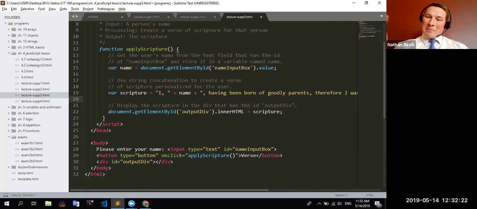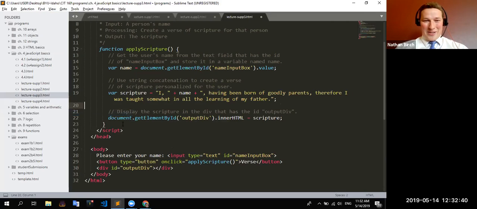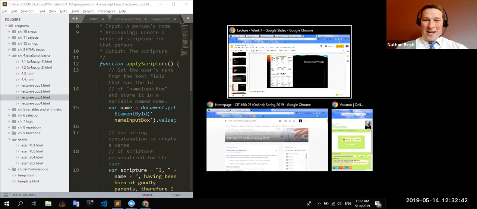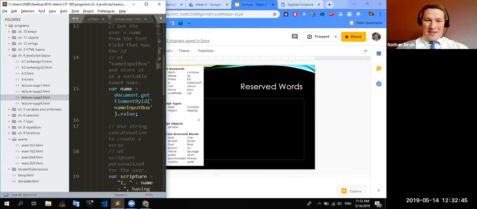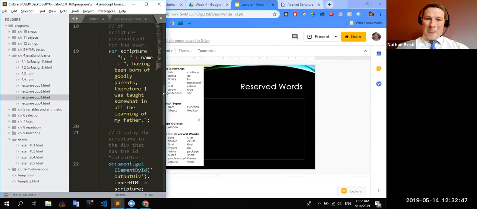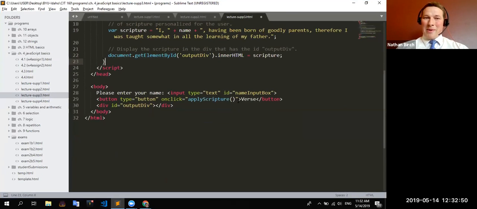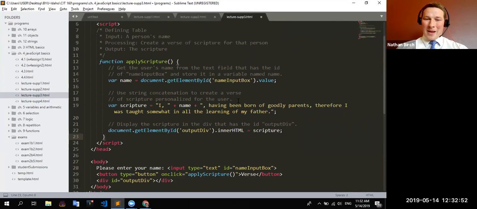I put the pluses in there just to show you how you can do string concatenation a little bit more. But regularly, I don't use the pluses because it's easier for me to see and read it without them. It's easier to get fewer bugs and errors without them. If I want to have word wrap on, I can turn it on, and I can change this to any size and it'll keep on wrapping it, or I can leave it off and see them all line by line and scroll if I want to. That's what those pluses are for. You don't need them. You can leave it all in one line like this.